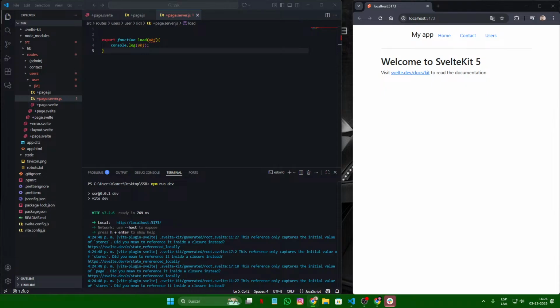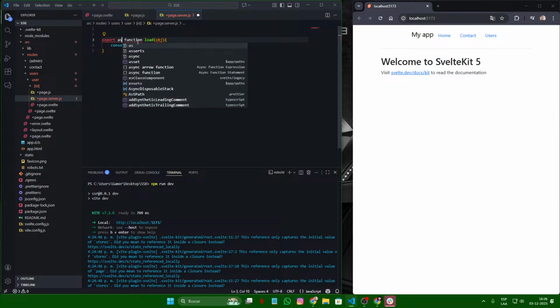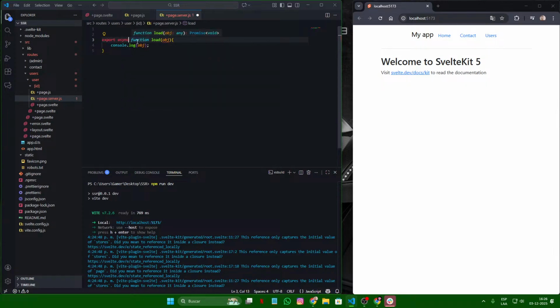All right, so let's do it. It's going to be an export, but we need to do async function, then we need to go to a URL. This one is equal to, and then we need to go to the JSON placeholder. I'm going to go to the actual post. There we go. Let me just paste it. And then